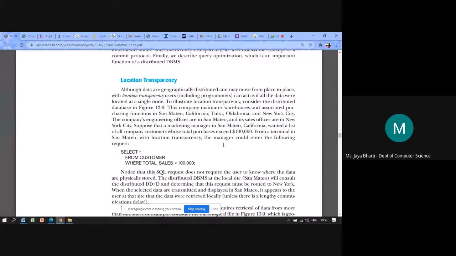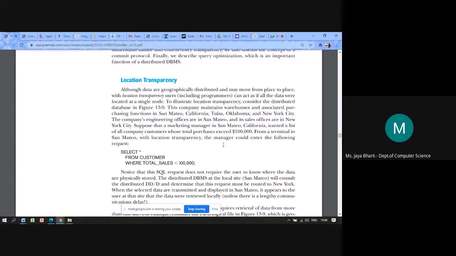Suppose that a marketing manager in San Mateo, California wanted a list of all company customers whose total purchases exceed $1 lakh. So this is the query they want to run, to retrieve the customers whose total purchases exceed this amount.